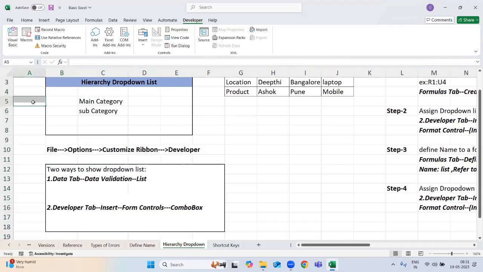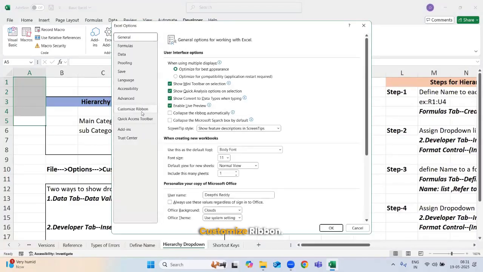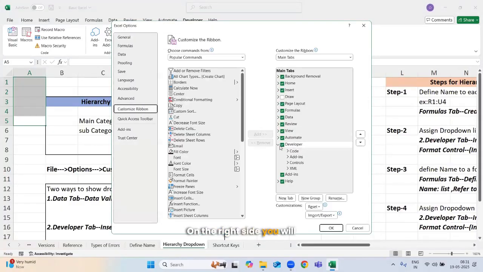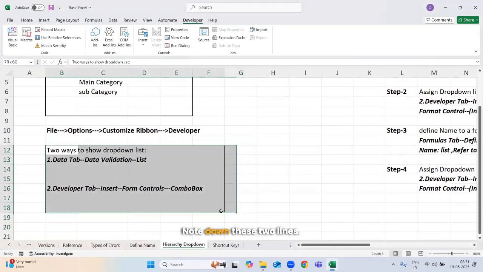I'll show you. Go to file, options, customize ribbon. On the right side, you will find the developer tab unchecked. Check this box and click OK. You'll find developer. Note down these two ways to show a dropdown.